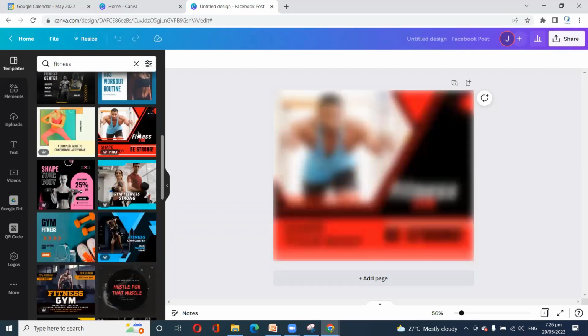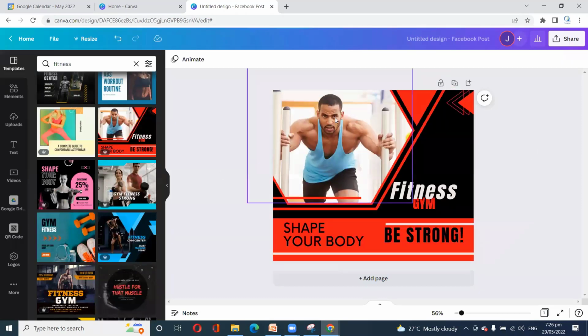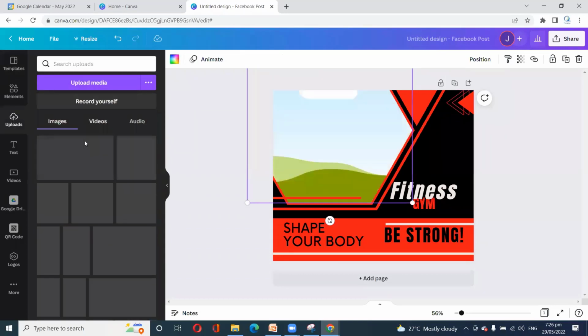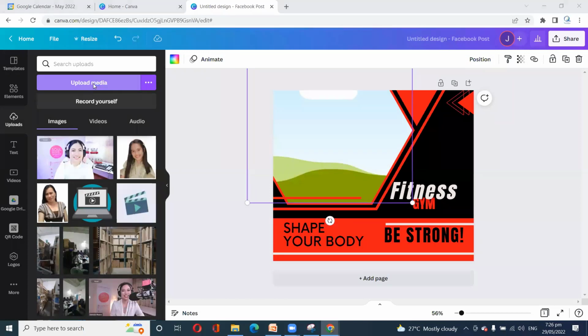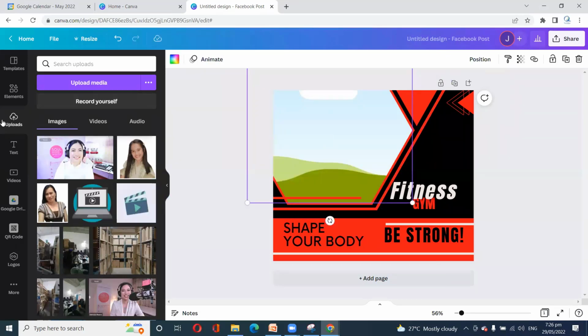So all you have to do is change whatever is on here. You can change the photos, just delete that one, and then you can upload the new photo. Okay, so you just upload and then locate the file. And then after that, you can drag it here. Okay, so that's for the new photo. Now,